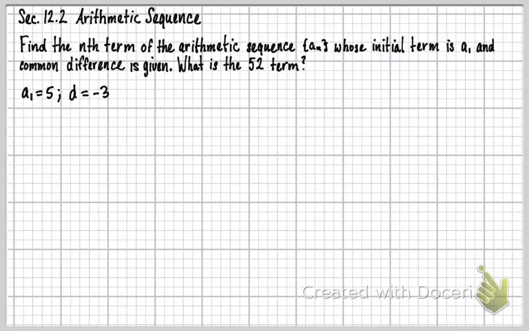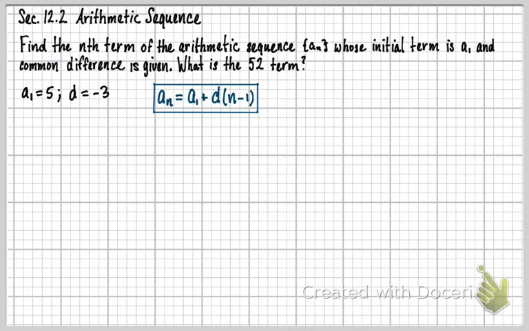So this problem says, find the nth term of the arithmetic sequence a sub n whose initial term is a1 and the common difference is given. What is the 52nd term? So with this problem here, they give us all the information we need. They give us a1 equals 5 and d equals -3. And if we remember the formula, which is a sub n equals a1 plus d times (n minus 1),